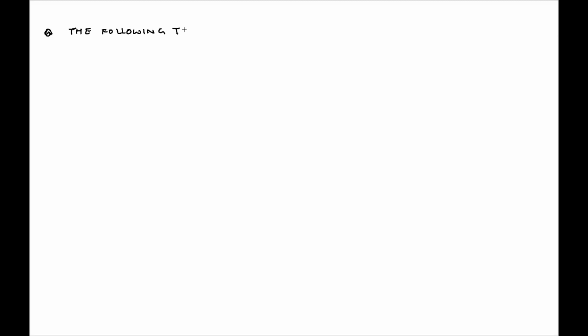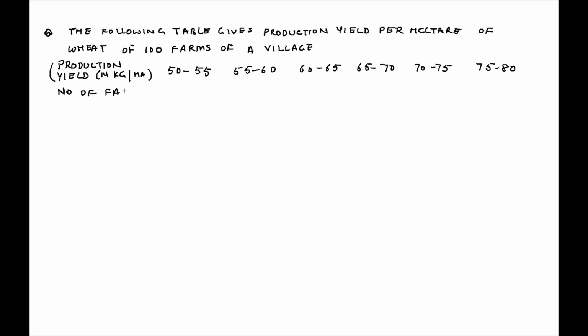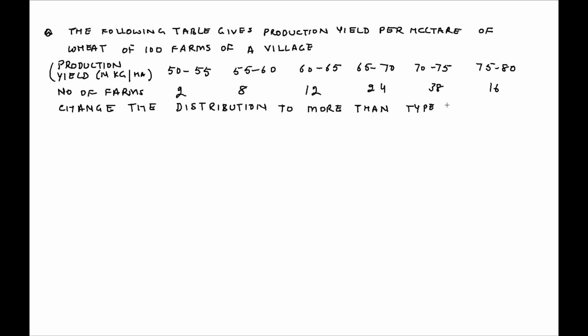Now the next question is, the following table gives production yield per hectare of wheat of 100 farms of a village. Production yield in kilogram per hectare. 50 to 55, 55 to 60, 60 to 65, 65 to 70, 70 to 75, 75 to 80. Number of farms 2, 8, 12, 24, 38 and 16. Change the distribution to more than type distribution and draw its ogive. Now its solution is, first write class intervals